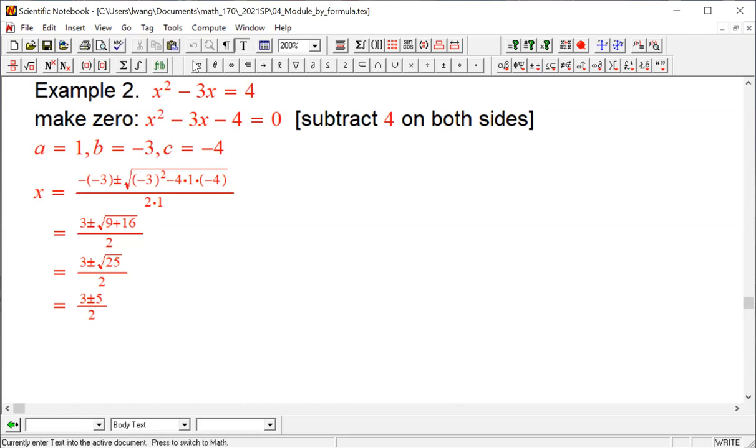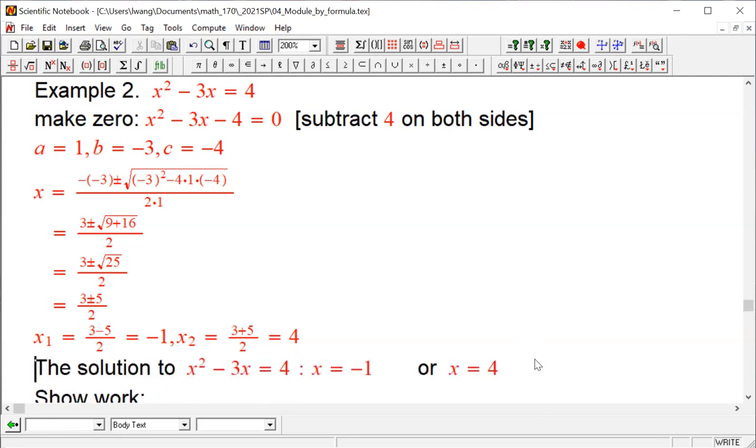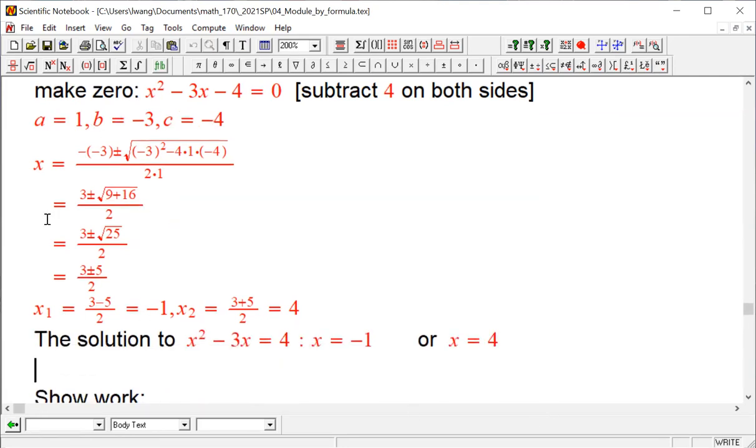Okay, so in the end, we're going to get 2 solutions. One is x sub 1 equals 3 minus 5 divided by 2. That's going to give us a -1. And the other one is x sub 2 equals 3 plus 5 divided by 2, which equals 4. So the solution to that equation is also going to be, and in terms of showing work,